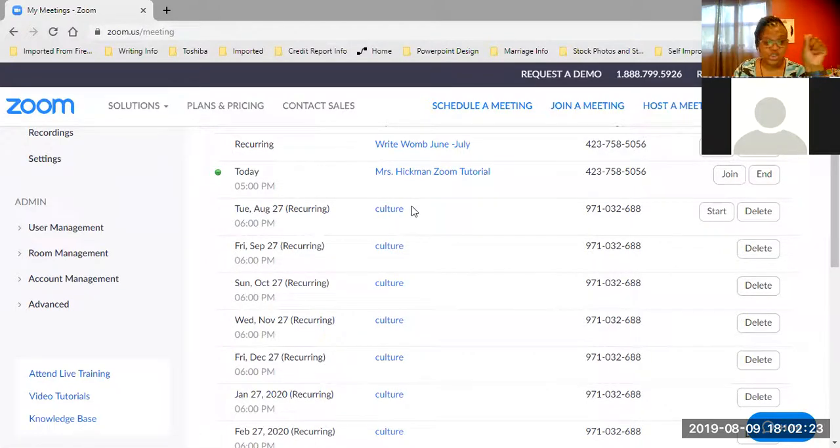Well, actually, Zoom will send them a reminder when the meeting is. Okay. Yeah, and so with the dates varying,